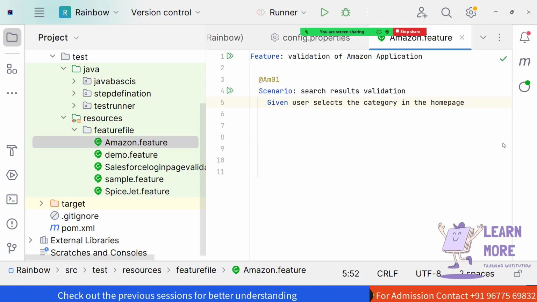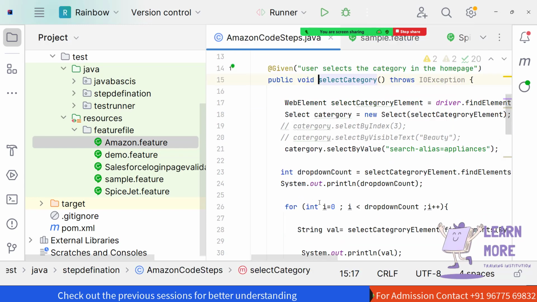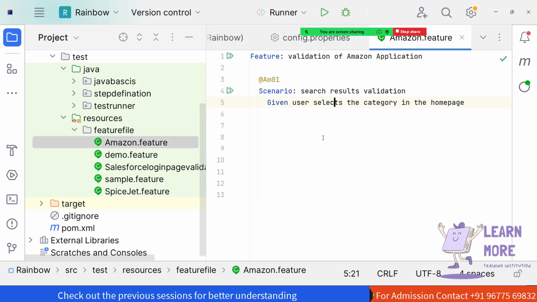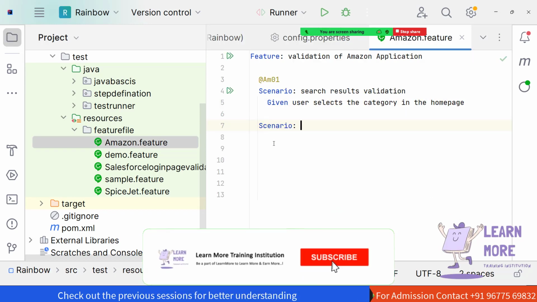So in the amazon.feature file, I am just adding the new scenario. Or else, in the same scenario. So let's say this is a search result validation, right? Okay, let us have it as a different scenario. Suppose that we can add all the validations. So I'm just adding the scenario